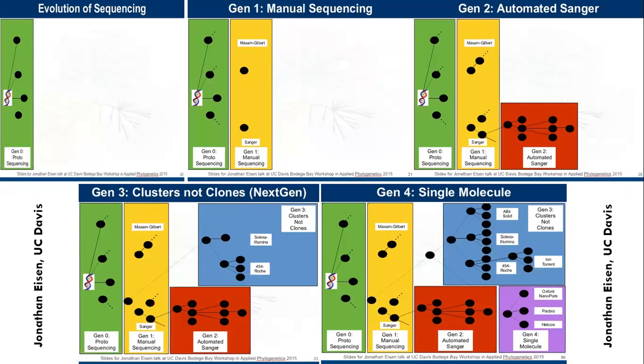The next few slides will try to give an overview of the evolution of sequencing generations: first generation, second generation, third and fourth generation, adapted from Jonathan Eisen, UC Davis. You just simply go through the evolutionary